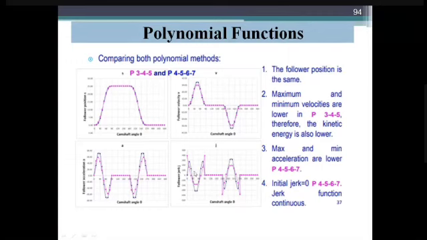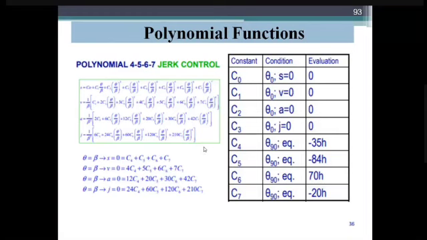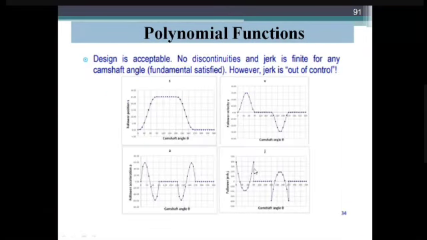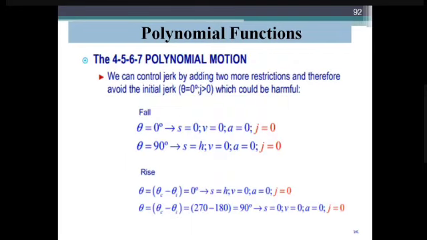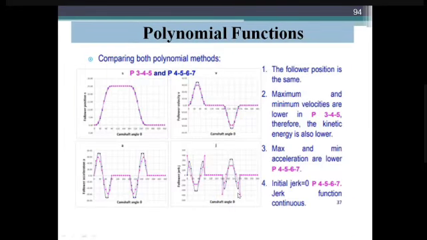The 4567 jerk function is continuous. Look at the blue color. In the previous stage, we remember the jerk is directly cut off and connected to the next straight line with an immediate jump. But this is continuous. So when considering the jerk, the 4, 5, 6, 7 polynomial jerk functions are continuous. It will be good to choose because we are adding some more coefficients, which helps bring our cam design to a good standard. So both conditions are satisfied.